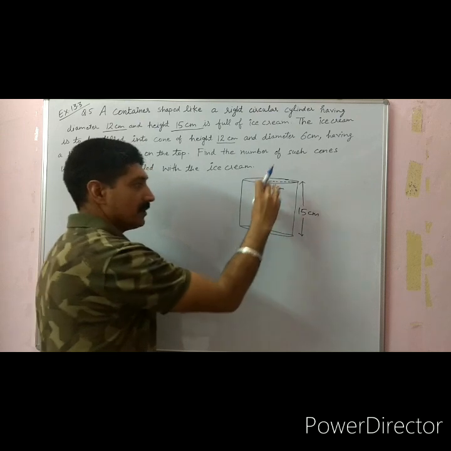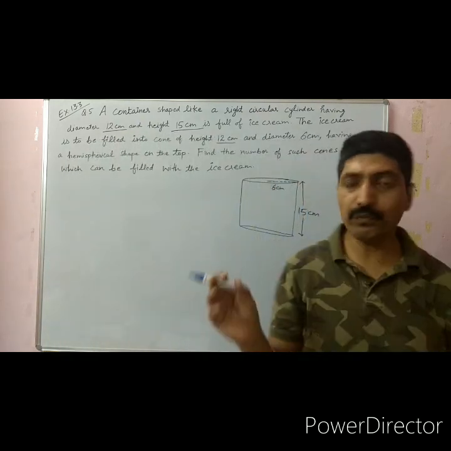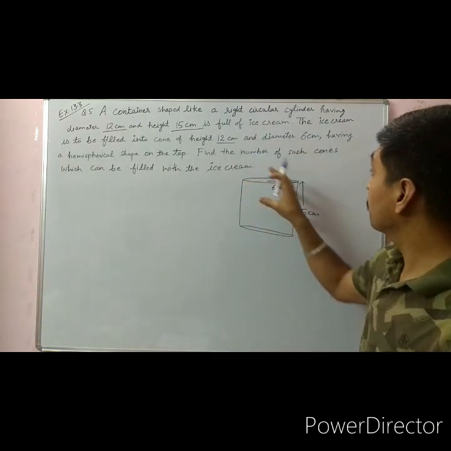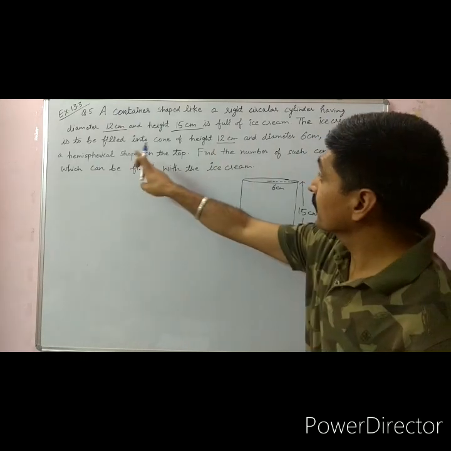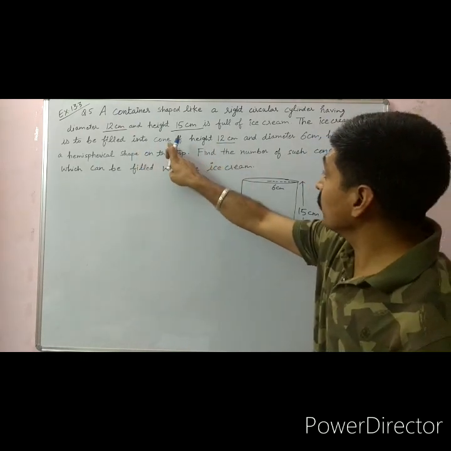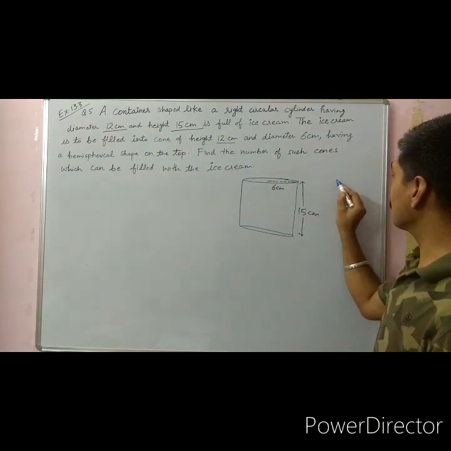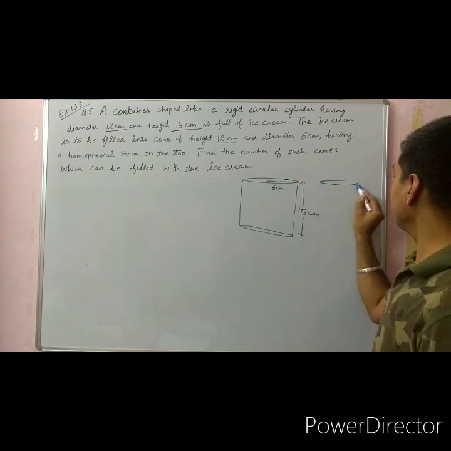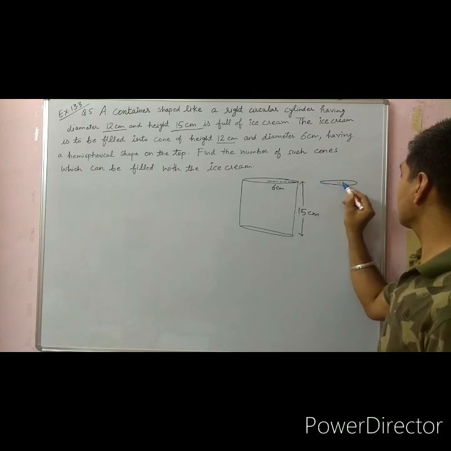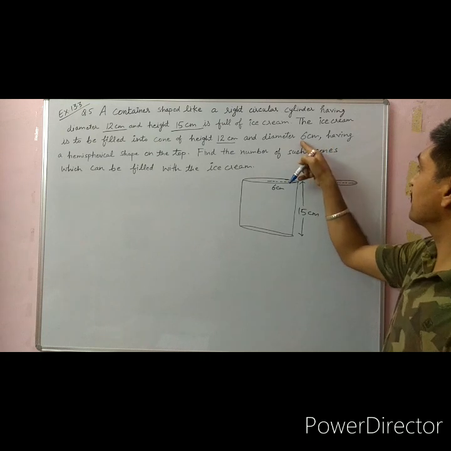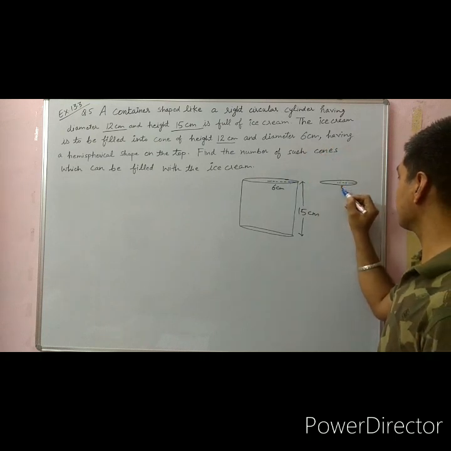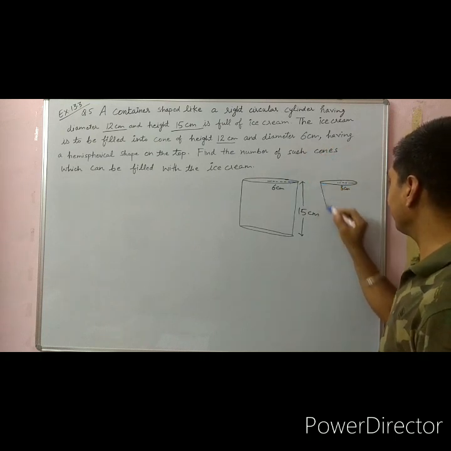Now from this container we want to fill the ice cream in a cone. A cone is also given, diameter is given 6, so its radius is 3 centimeter, and